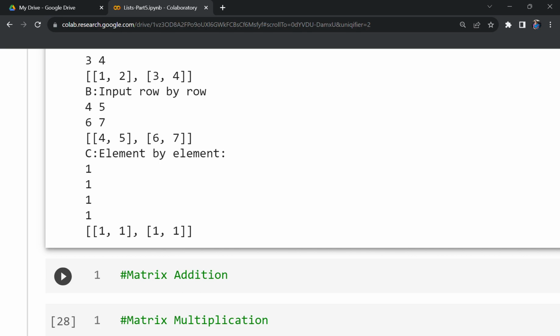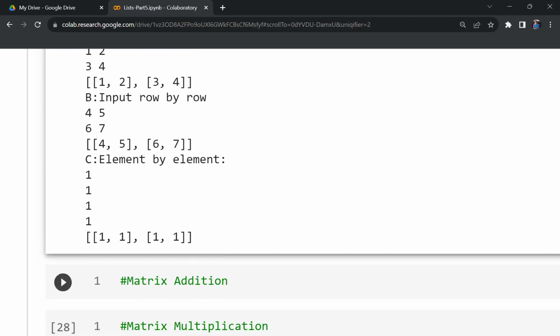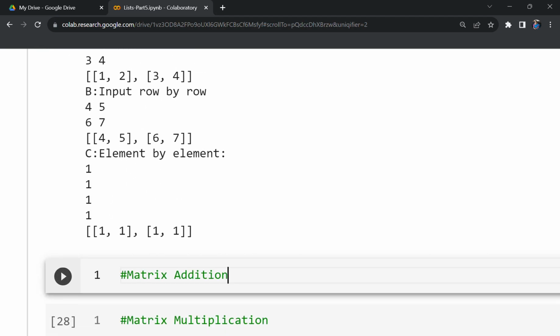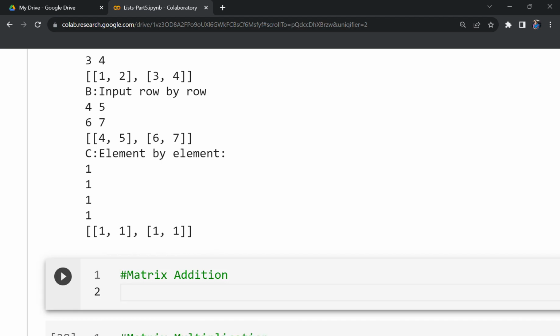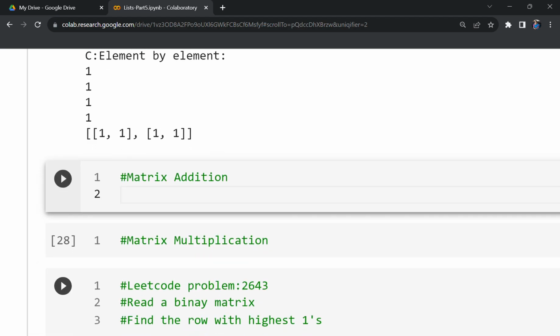So this is how we can read elements into the matrix or a nested list. I have discussed three methods here. Which method you like the most, please comment. Okay. Next, with this experience, let us store two matrices in A and B, and see how we can perform matrix